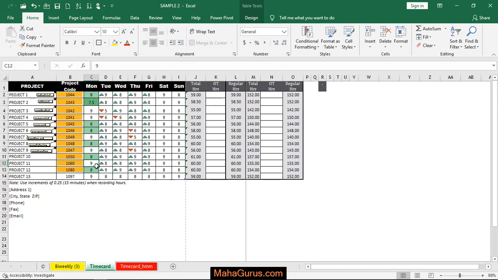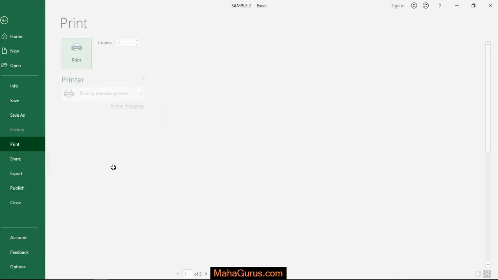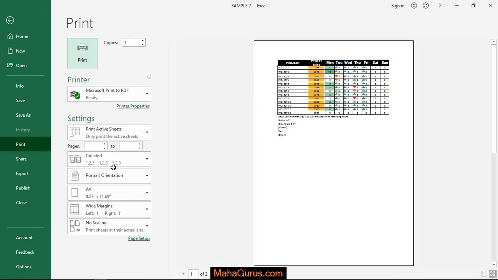So in this tutorial, we're going to learn how we can print an entire worksheet in Microsoft Excel. To do this, we have a sample project here. To get a print preview, we'll just press Ctrl plus P. Now as you can see, guys,